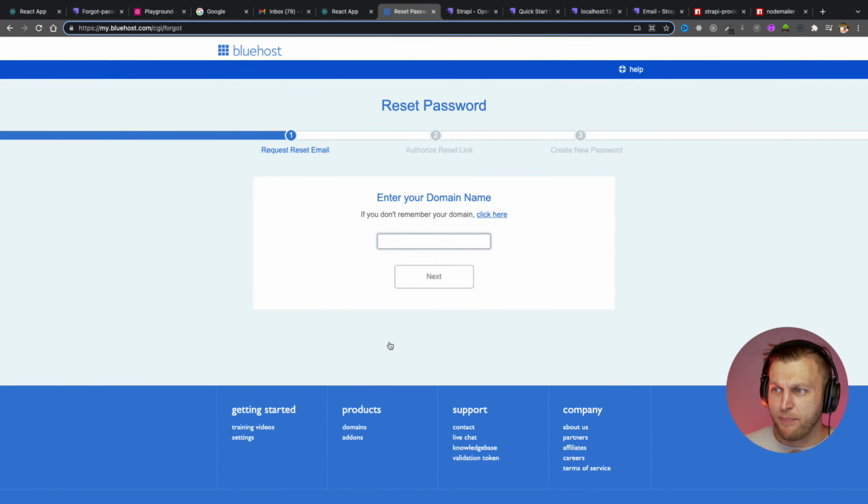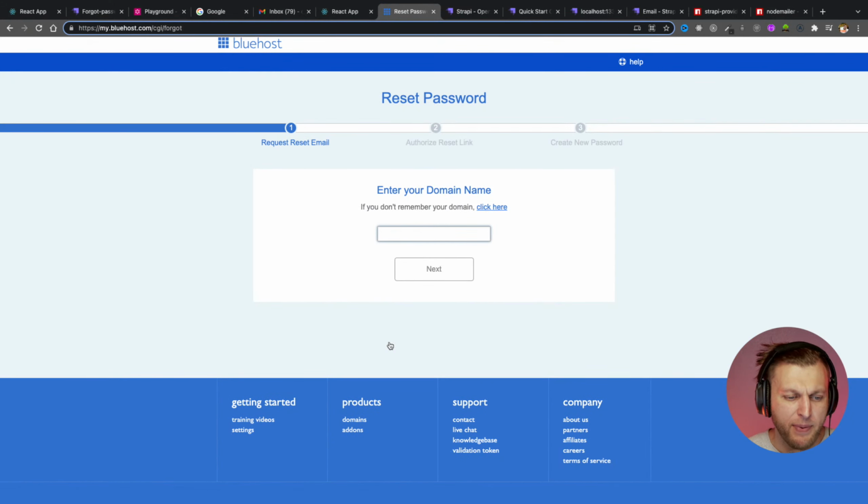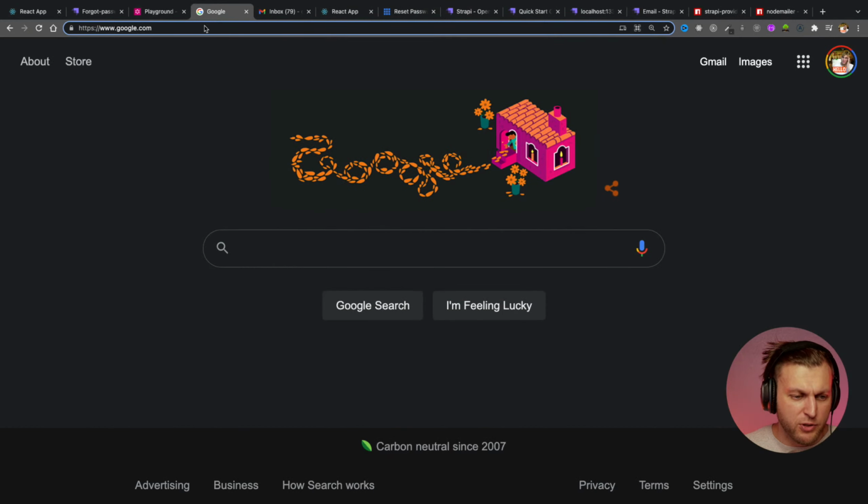When you click forgot password, and in this case, Bluehost wants to know your domain name, because that's what they deal with. But a lot of times, people will ask you for your email. So first step is it takes you to the reset password page, where you type in your email or whatever. You click next, and it's going to send an email to your email box,